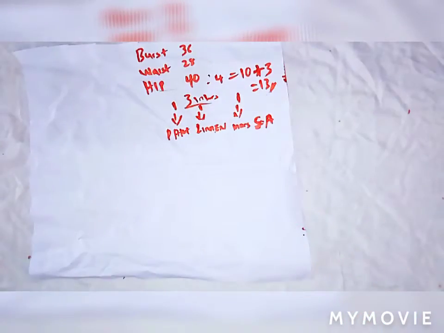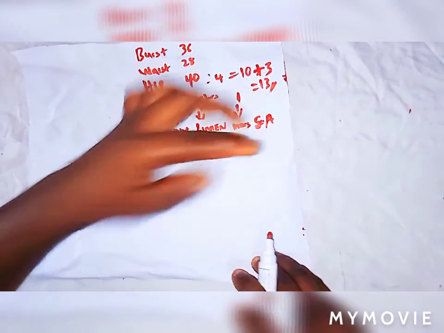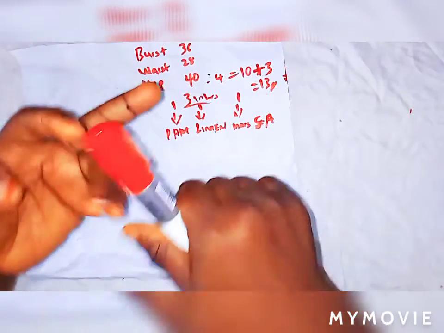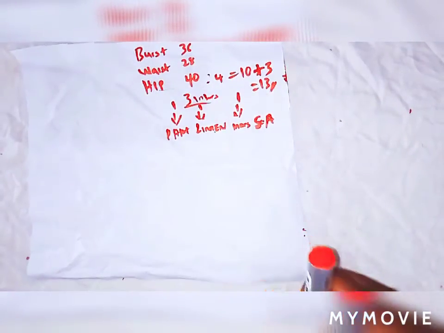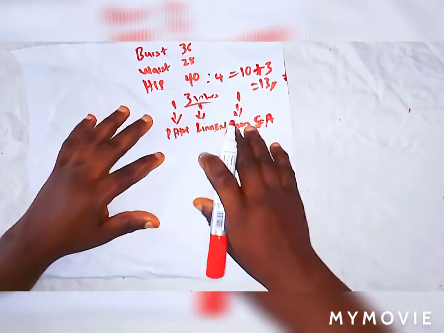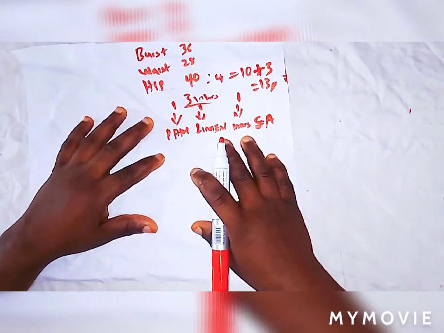Just add this 3 inches. It's okay. 1 inch for your dart, 1 for your lining, 1 for inner seam allowance. After turning your lining, after making your dart, believe me, you are going to be left with 2 inches inside. Even if your client says this cloth is tight, believe me, you can't even lose out 2 inches for a